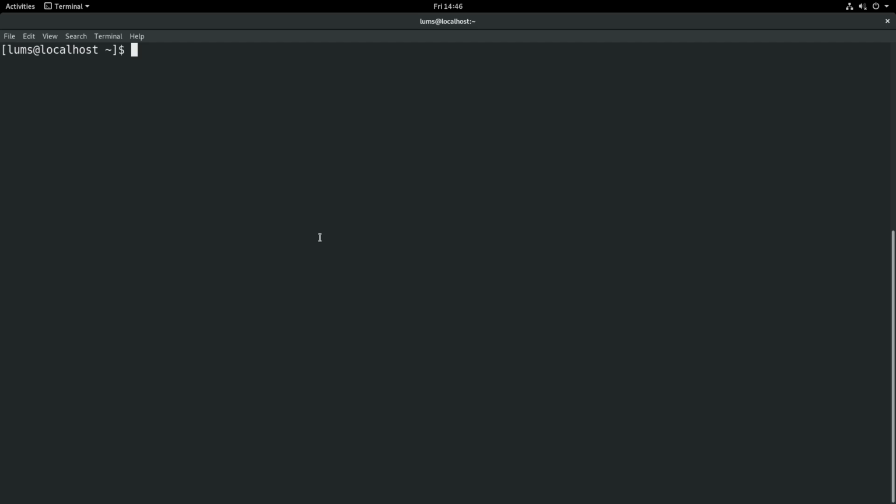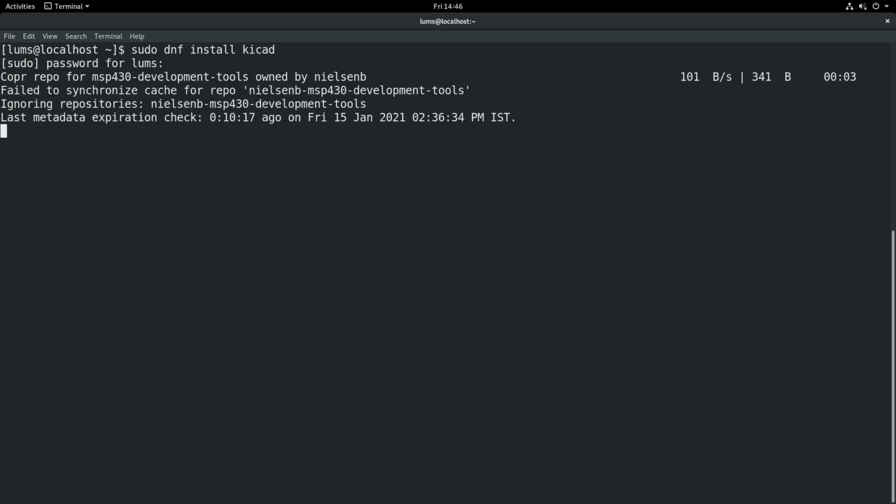I have already installed it, but anyway, what you could do is type sudo in the command window. I type sudo dnf install KiCad in Fedora. So it will go to the repository, check the repository and then install it.